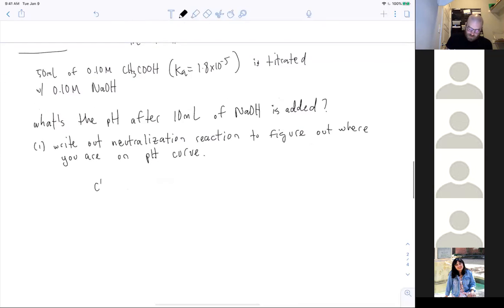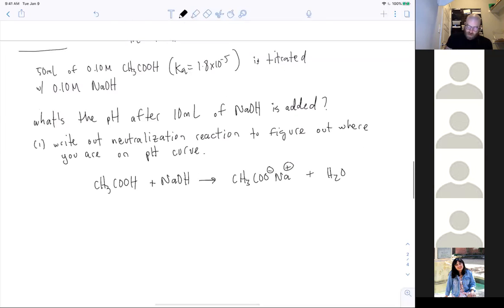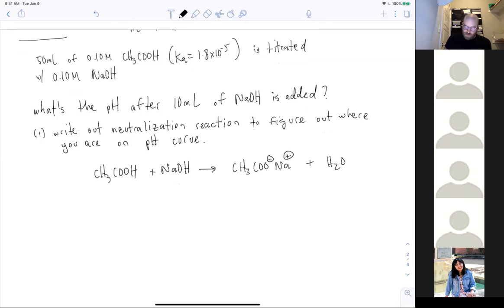So if we look at this, we just want to track the stoichiometry here. When you're working in neutralization reactions, remember that we always want to work in moles. You want to very quickly convert everything over to moles. So if you've got 50 milliliters of 0.1 molar acetic acid,